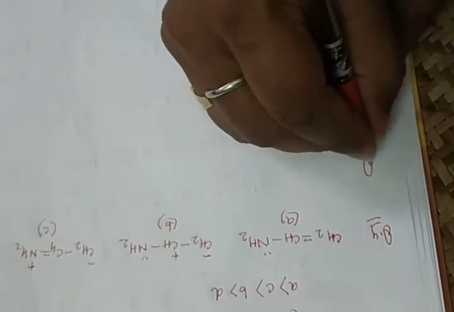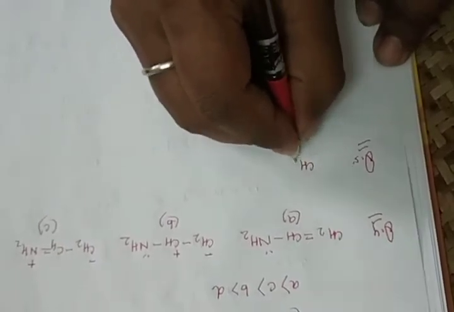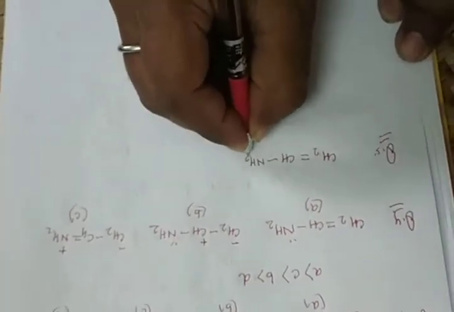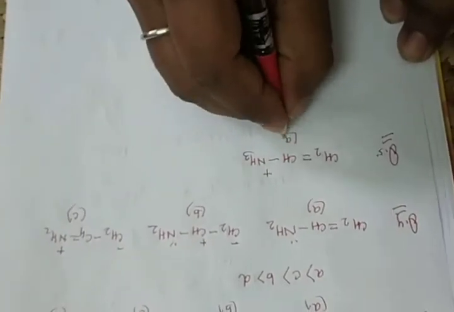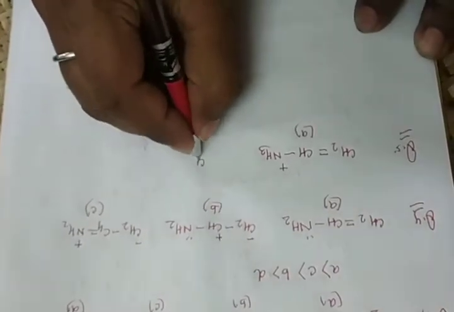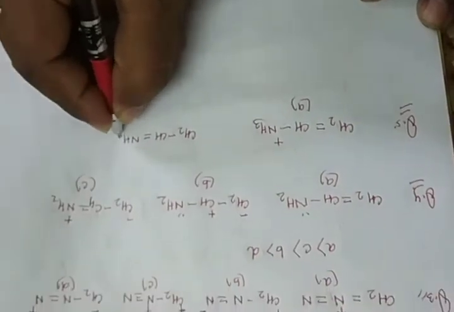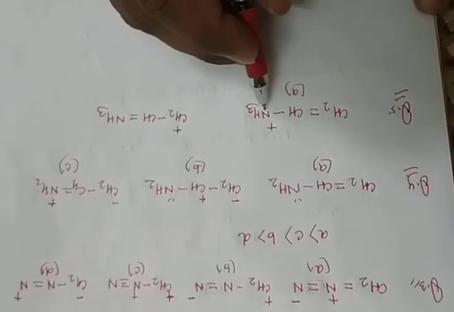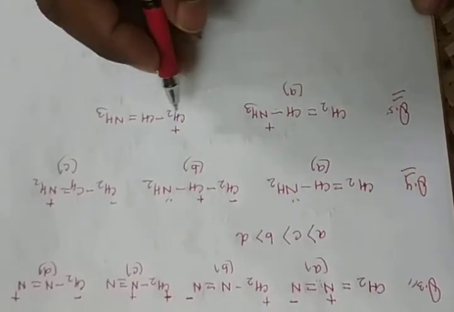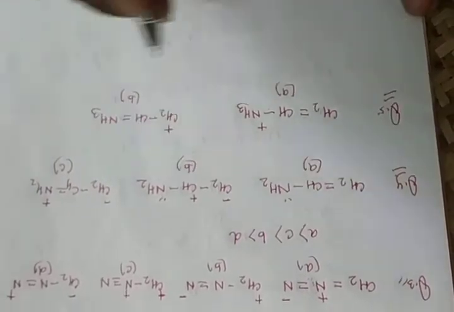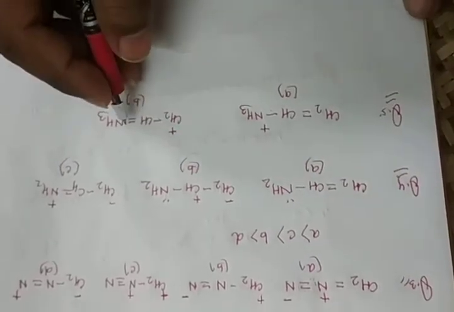This is homework. Now question number 5. Just check CS2 double bond CH, single bond NH3, and N contains positive. This is compound A. And CS2 single bond CH, double bond NH3. This carbon contains positive. So first you check covalent bonds. There is a 3, there is a 3. There is a charged species, there is a charged species. But in this case, nitrogen contains positive, and in the other there is no positive on nitrogen. It means this is less stable, this is more stable.